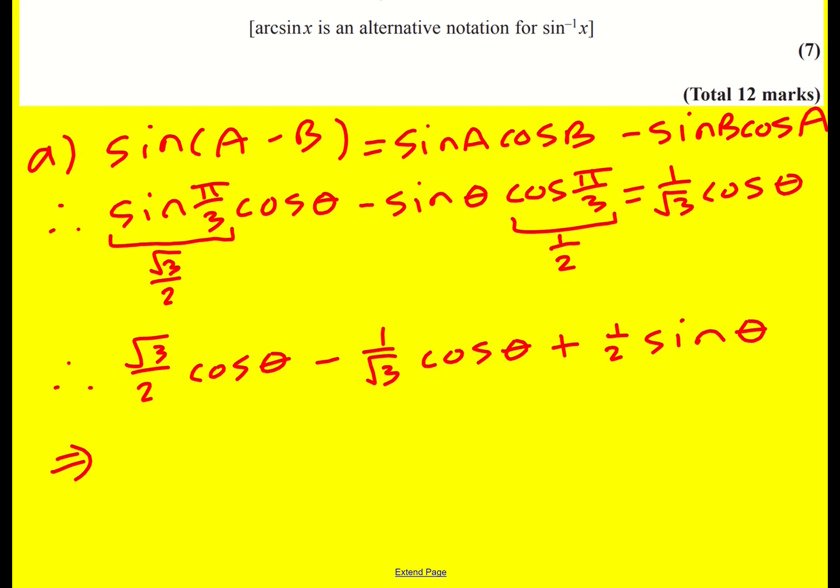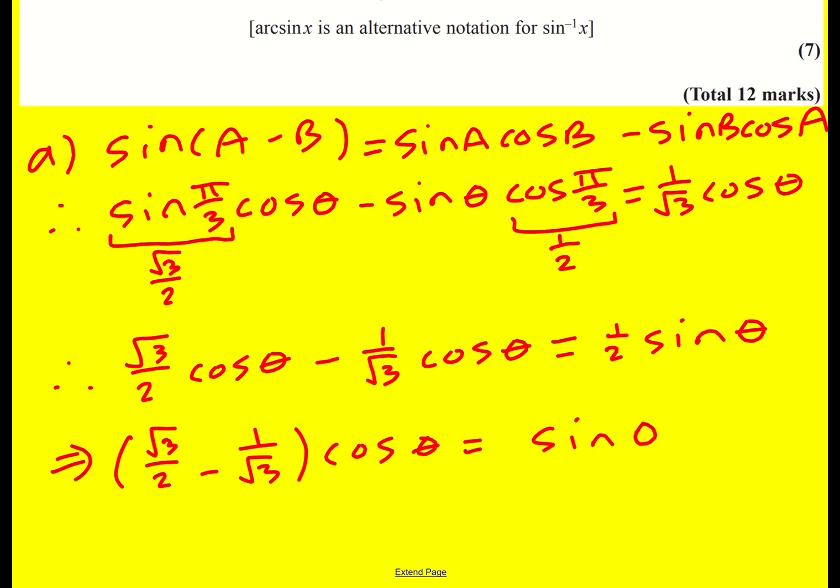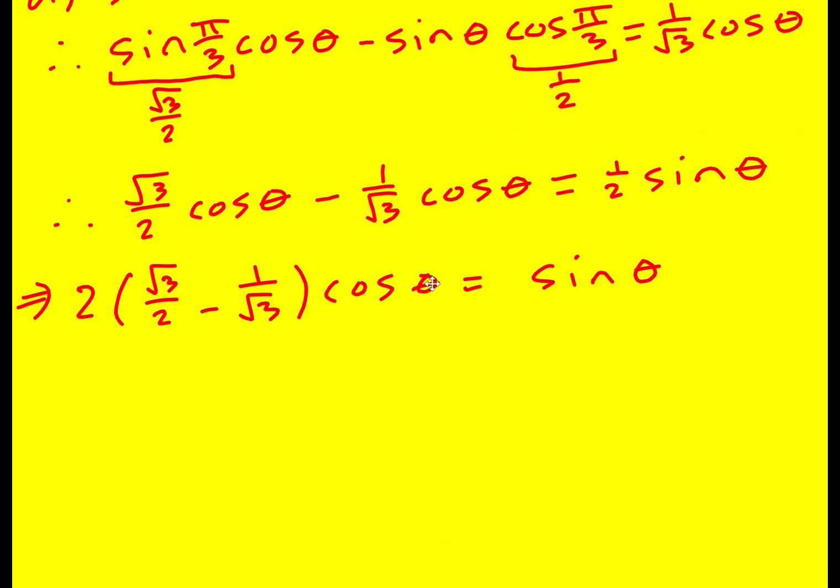Sorry, I think I said it, but that should have been an equals. I'm also going to multiply through by 2, so that I've got a 2 over here. Now this is in a good form because I can divide through by cos, so I get that tan theta